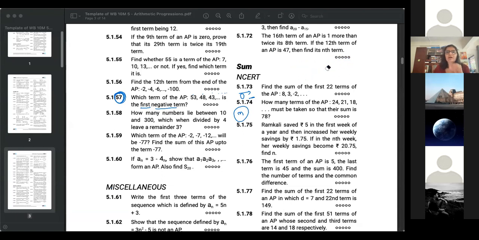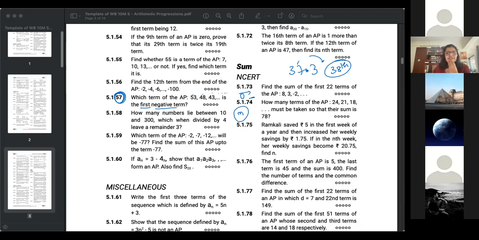But yeah, so one, figure out which term is the negative term, and once you get the first negative term, you can find out the value of n. Or no, you don't even have to find out what is an. Directly equate it to 0 and you'll get a particular value. Or even -1, we can equate it to -1. So even if it is not a part of the AP, you'll get something like 37.3. So you know that the negative term comes after 37, so you know that the 38th term is the first negative term.